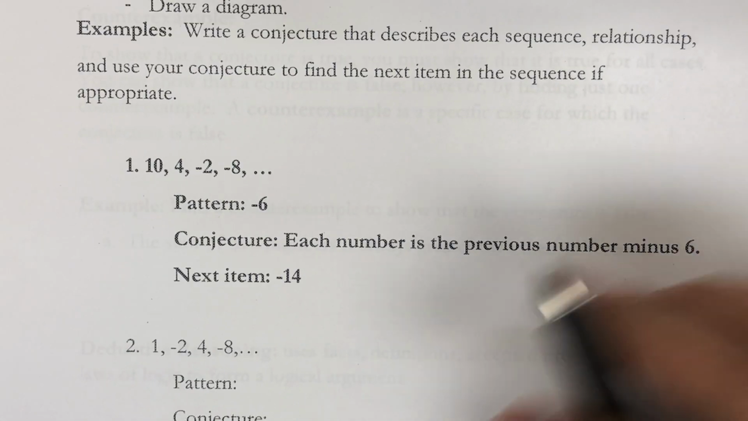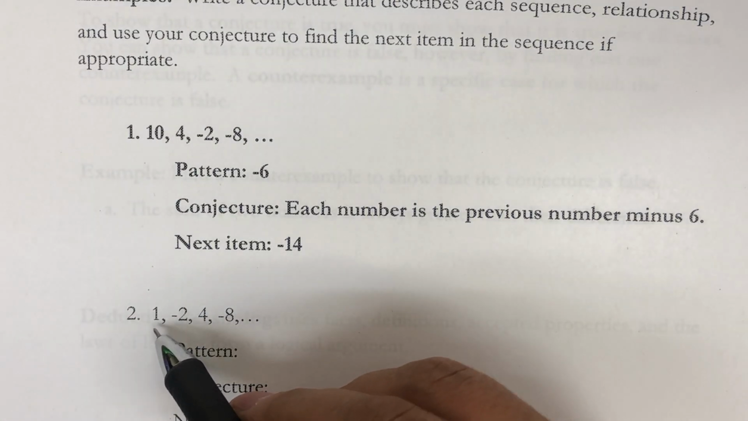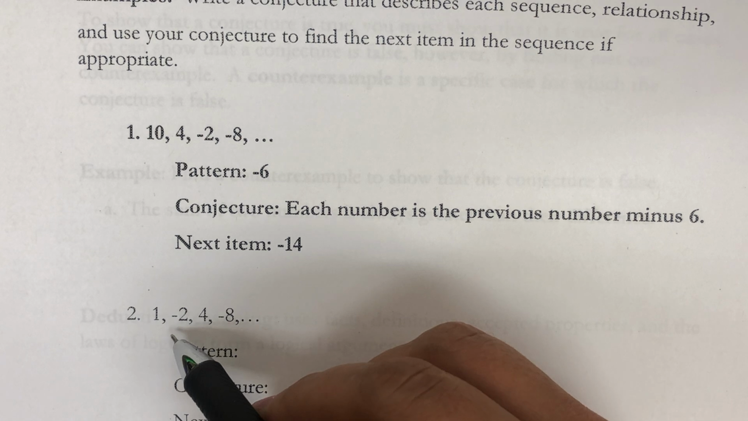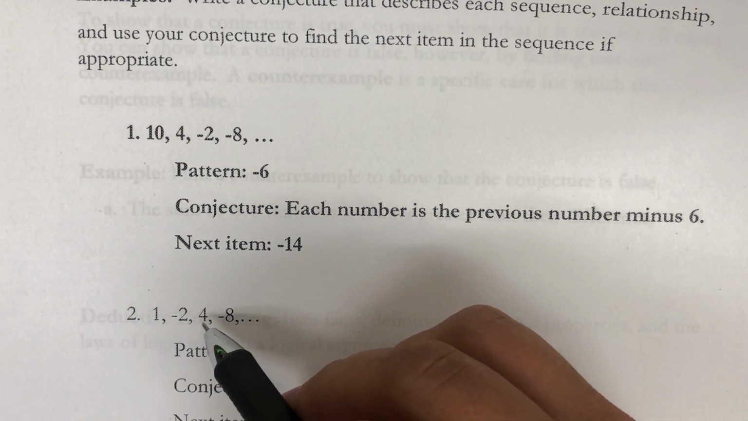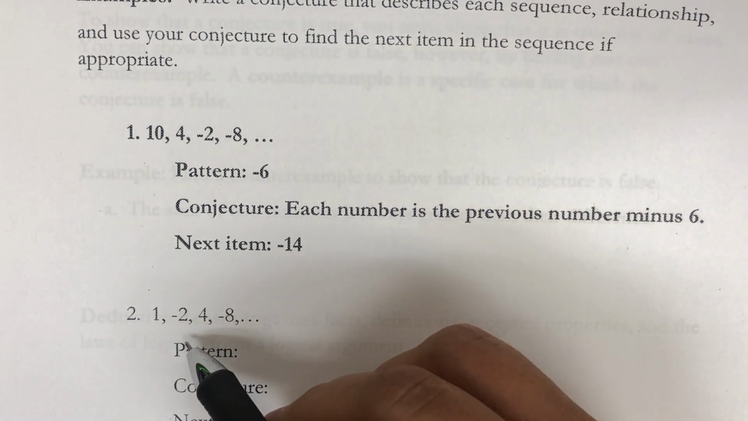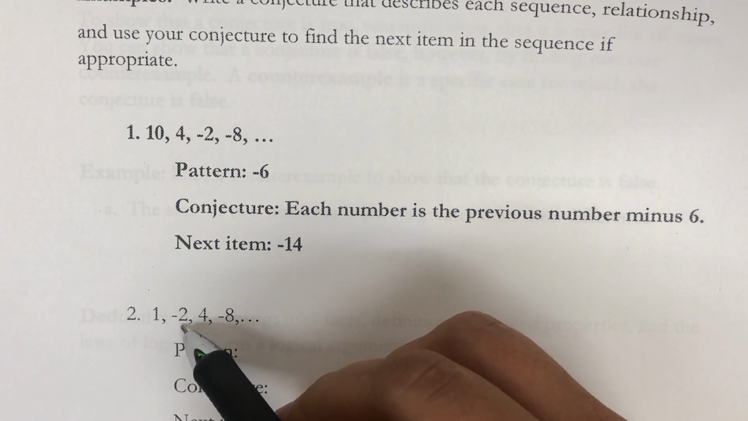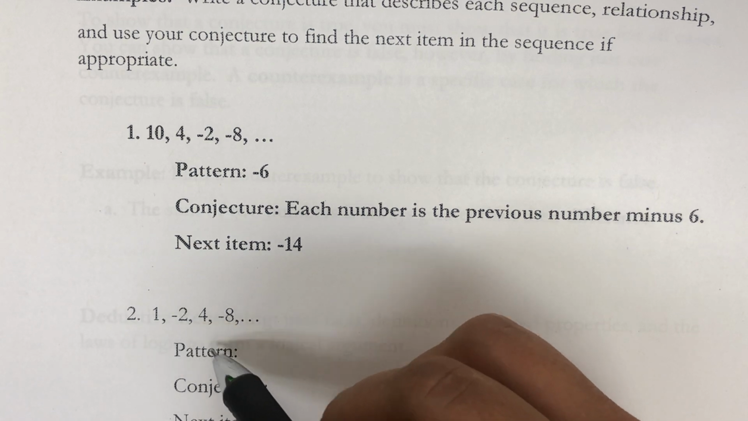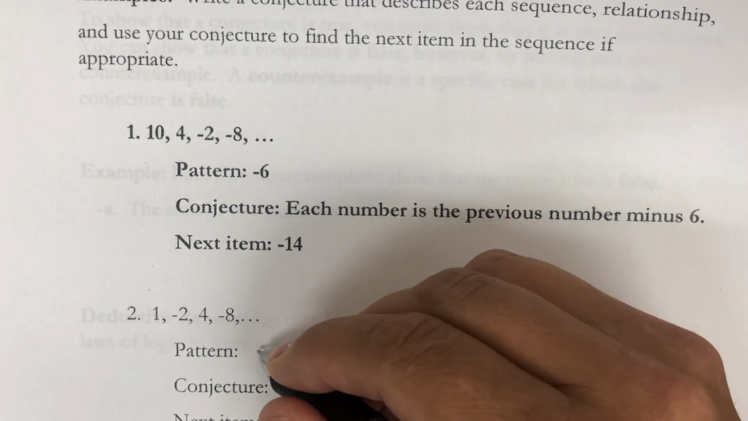So when I look at the example that's not done for me, I have to think to myself, how do I get from 1 to -2? Well, there's a couple ways. I could subtract 3, but that doesn't follow the next one, because -2 minus 3 is not 4. So that's out. I could times by -2. 1 times -2 is -2. -2 times -2 is 4. 4 times -2 is -8. So the pattern I see is that we're timesing